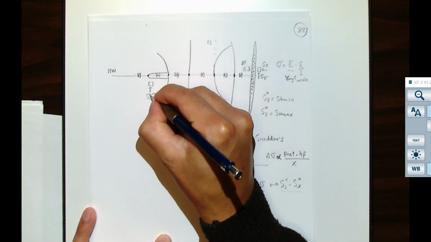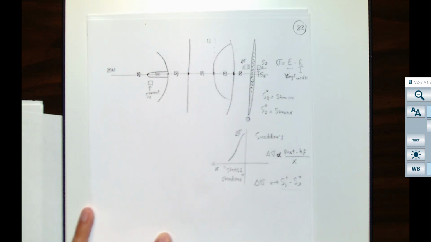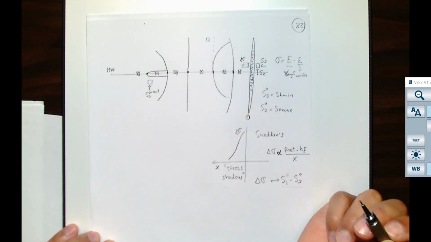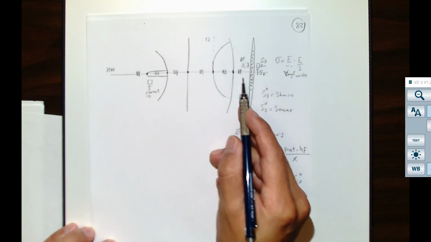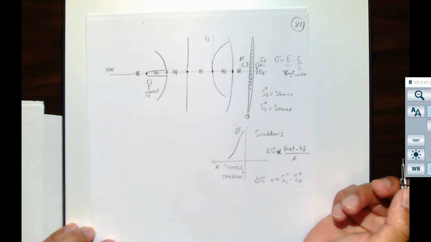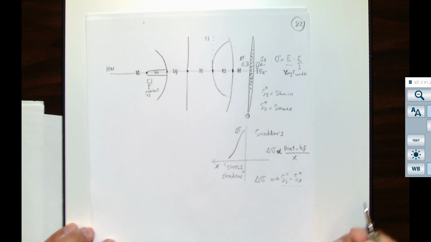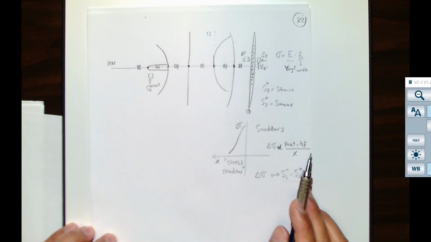So I wrote here current S3, which is not the original principal stress. In order to avoid this, you need to know what is the minimum distance at which you want to put these fractures. And again, that's going to depend on the net pressure in the fracture, the fracture height, and